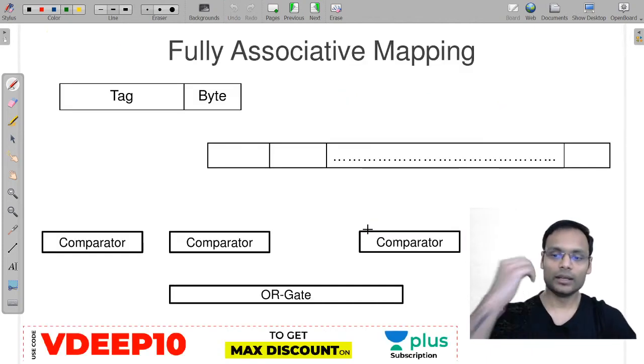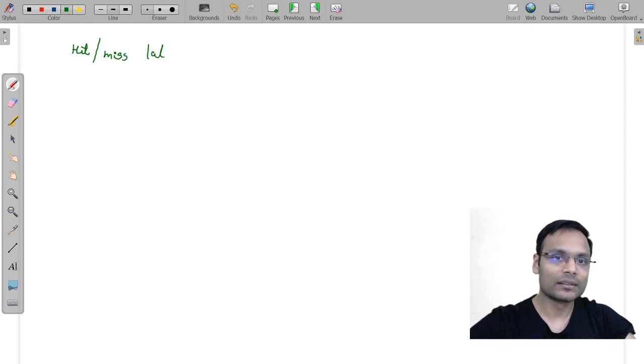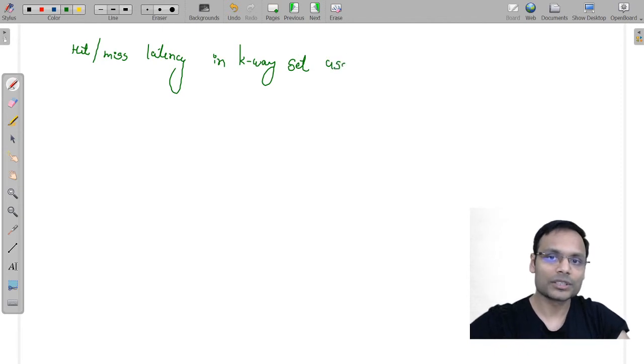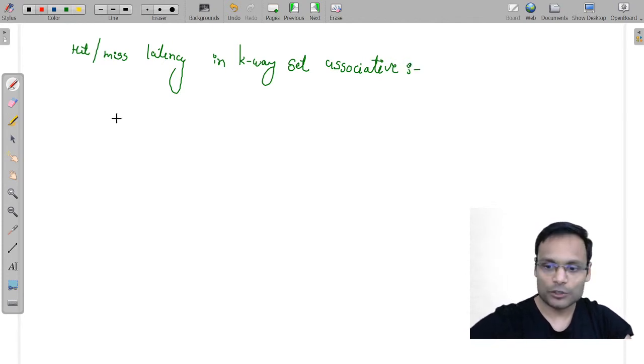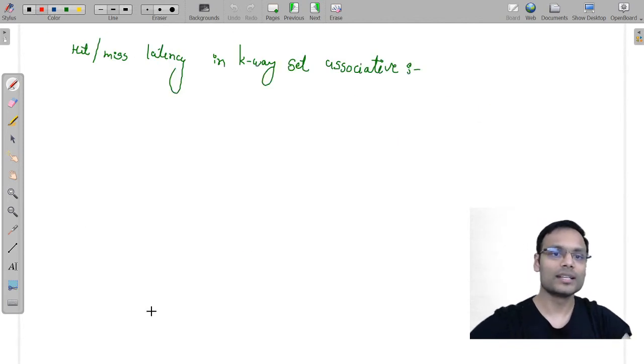Now okay, before this, if I want to talk about hit or miss latency in K-way set associative mapping, K-way set associative cache. Can you write the formula for me? Can you only give me the formula? Tell me quickly. First of all, this mux delay, all these muxes will work in parallel, so mux delay, then after that comparator delay, then after that this OR gate delay. So I'll be writing